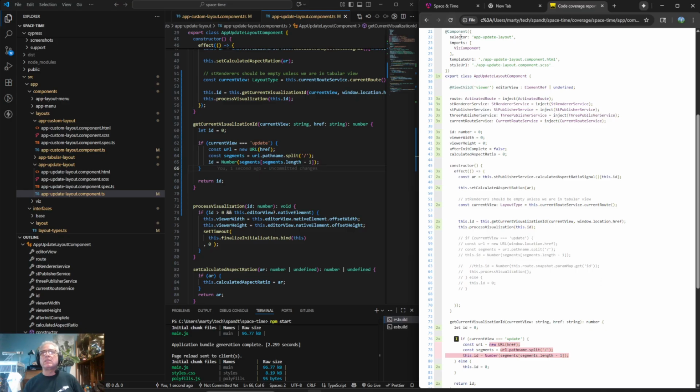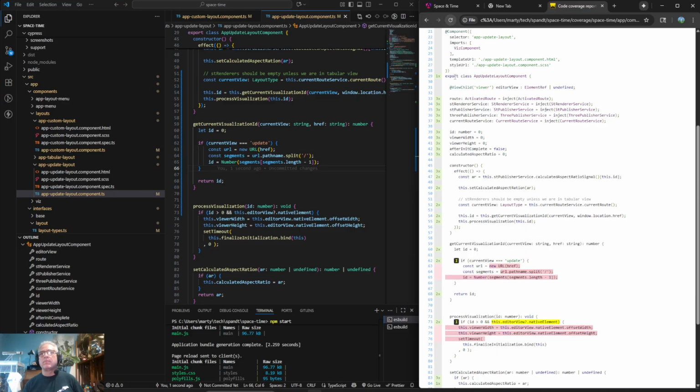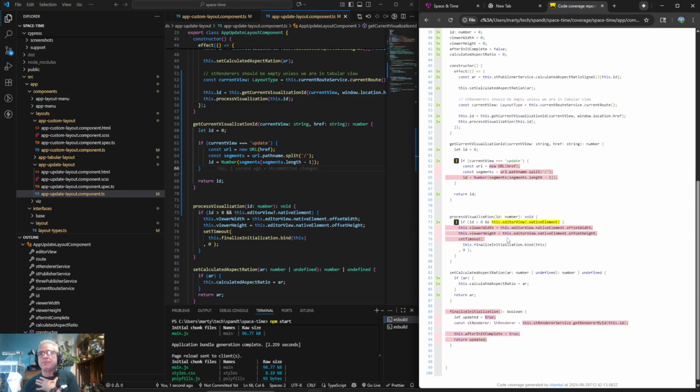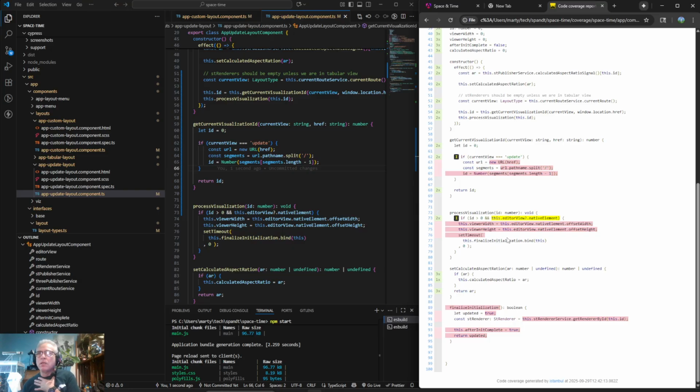So I think they ran. Yeah. Oh, yeah, so that's all gone. So this will be a lot easier to unit test, I think. This will not, if I do editor view native